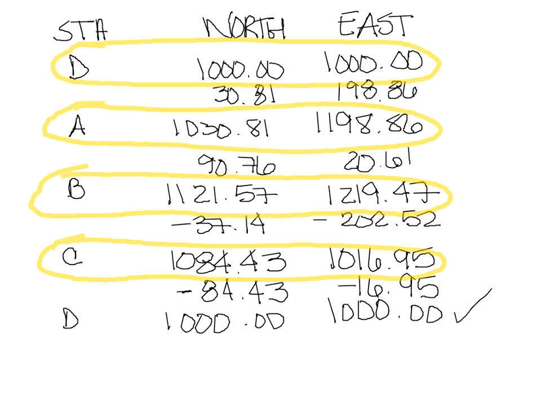So the last thing we need to do now is calculate the area using our coordinate values. And there's a really handy way of doing that. Create yourself a little table. This works actually really well in Excel. You need your point. You need your x coordinate, your y coordinate. You need plus x times y